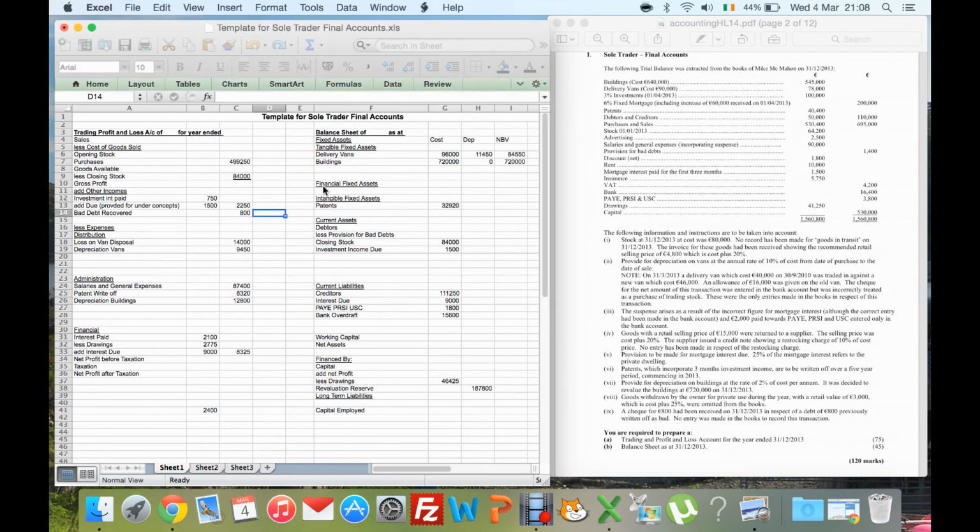I notice here that I've left out, for example, financial fixed assets, left out investment. So there's one mistake already. So don't get bogged down if you have left a couple of things like that out. It's inevitable when you're rushing through it quickly that you might. If you had 10-15 minutes extra, then you would be able to fix it, but at this stage I wouldn't worry about it. So I'm just going to put, let's see,